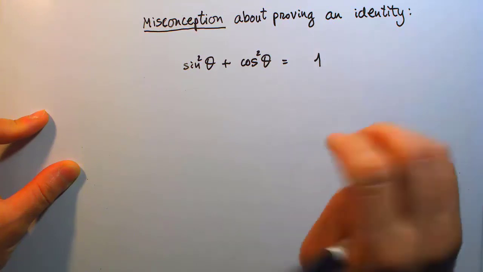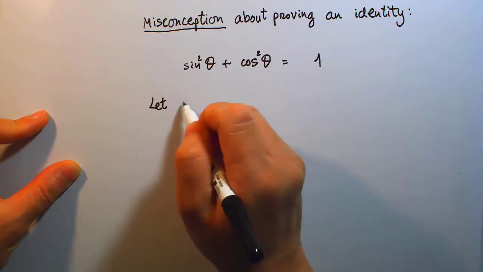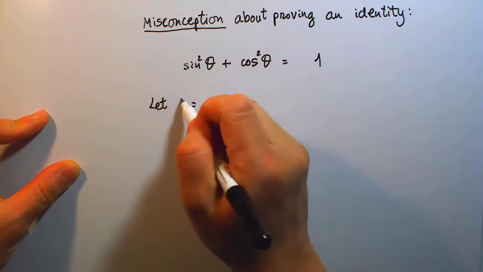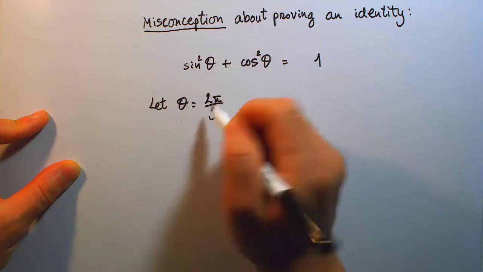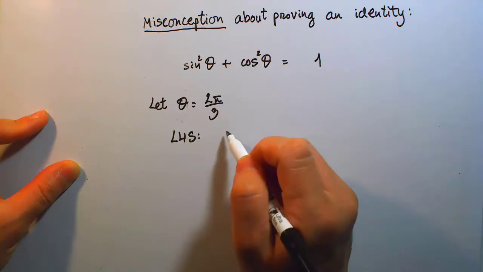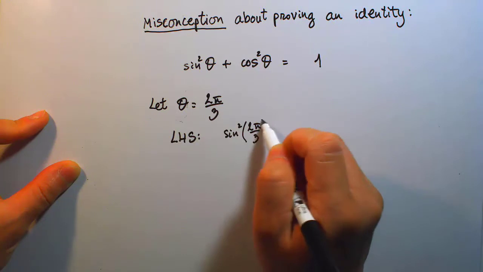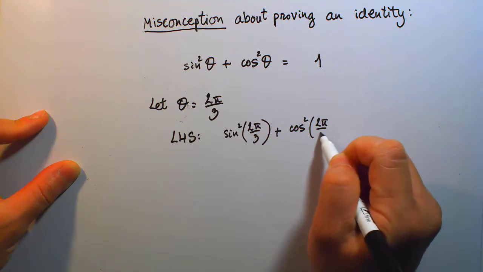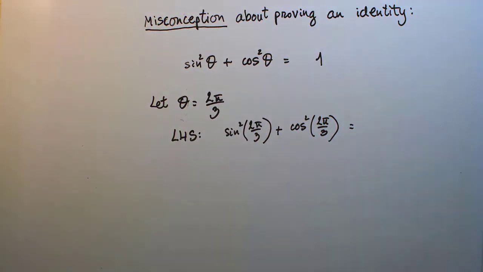A lot of times teachers explain in class that, hey, if we can just let theta equal the value 2 pi over 3, then the left-hand side is going to produce sine square of 2 pi over 3 plus cosine square of 2 pi over 3, which will consequently come out with the final value being,